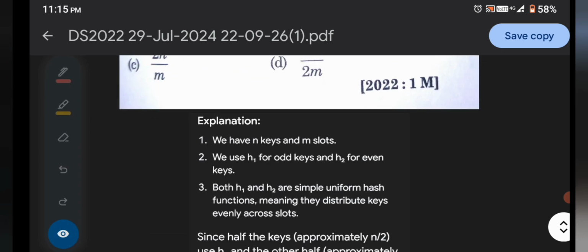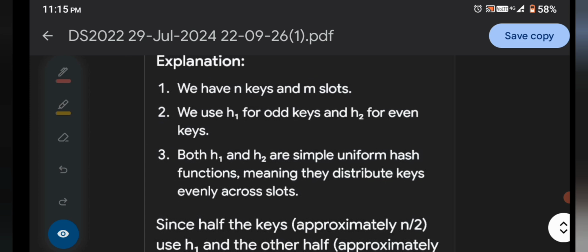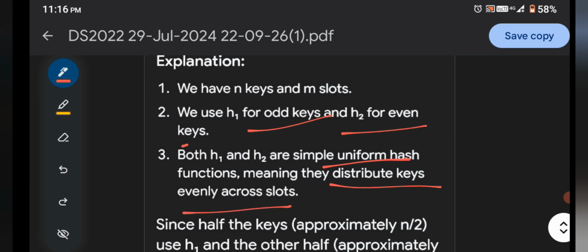So it is very easy. Come to the explanation of this one. We have n keys for m slots. Now use h1 for the odd keys and h2 for the even keys. Both h1 and h2 are simple uniform hash functions, meaning they distribute keys evenly across slots.